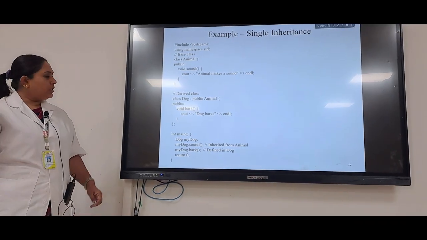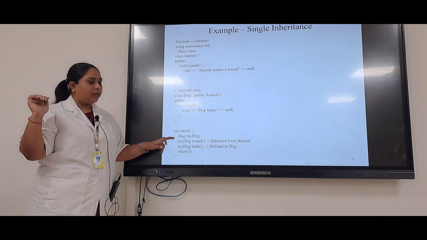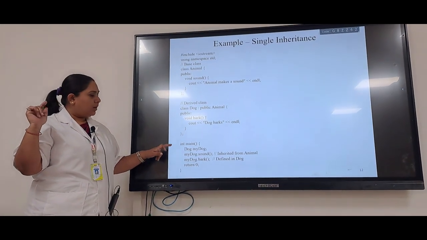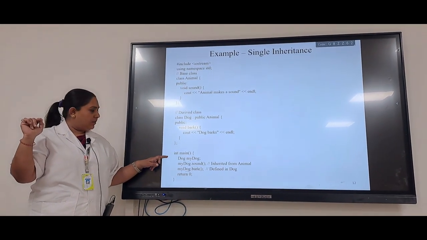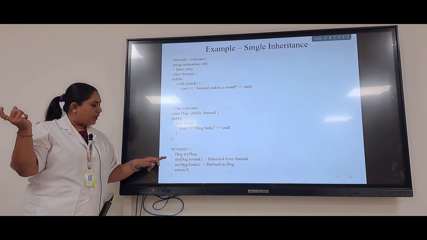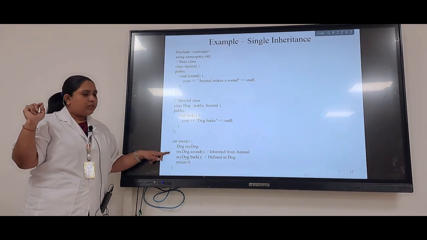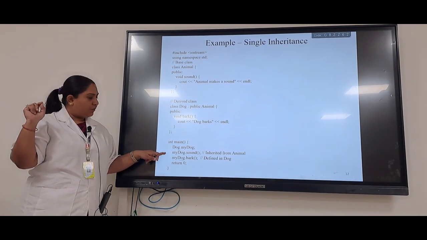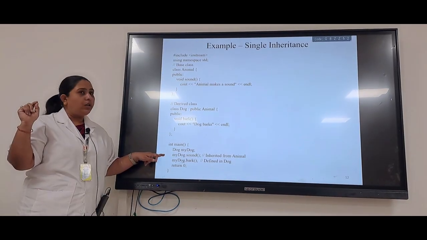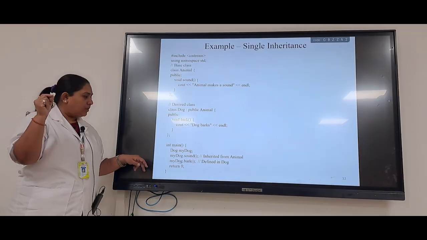Come to the main function. In the main function I have created an object for the derived class, dog, and my dog is the object. Now I am using the dot operator, and with the help of the dot operator I am going to call the member function, my dog dot sound.